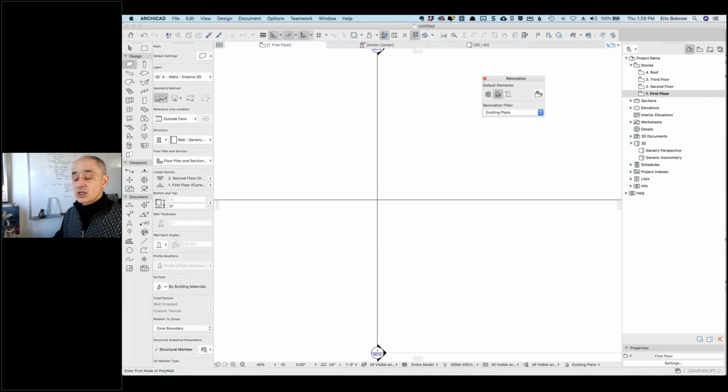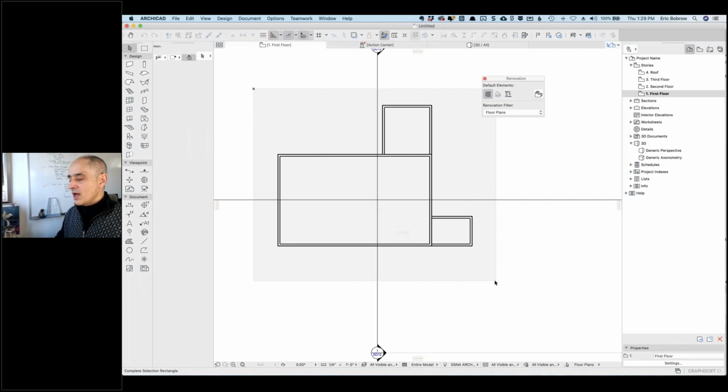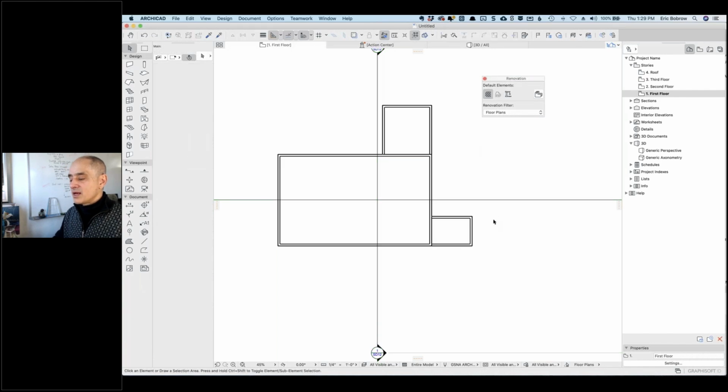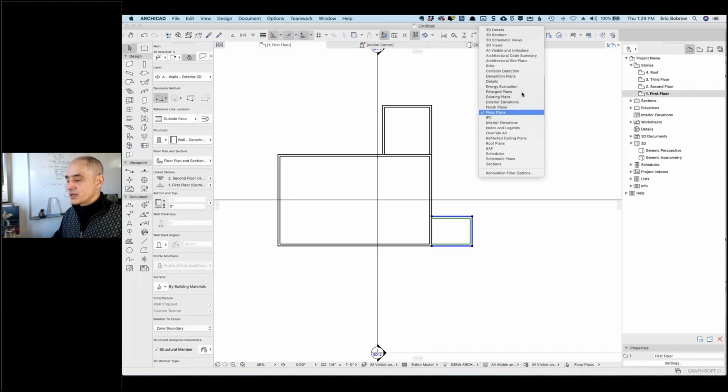You can see that all the elements that I drew were by default set to new, which is okay as long as you understand that and say, all right, I want to see the floor plans. Now we're seeing the new stuff. For my purposes, I'm going to make all of these selected elements existing here, and then make these new. So now if I go back to existing,